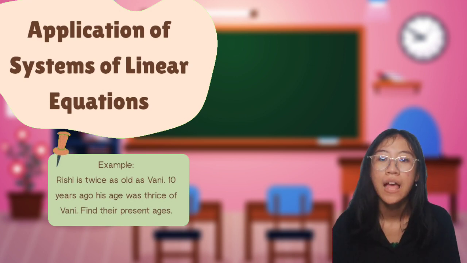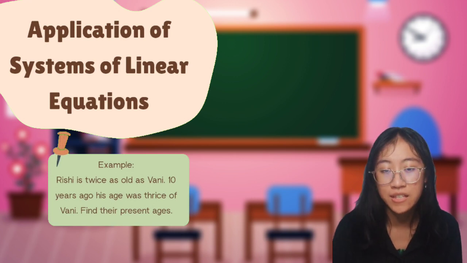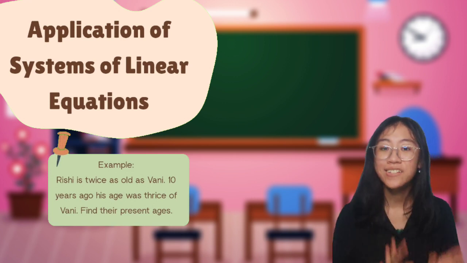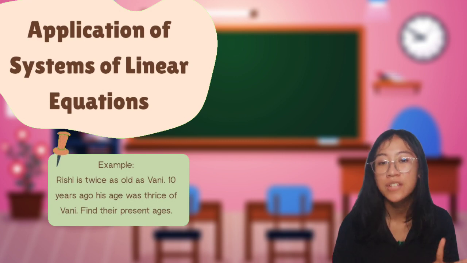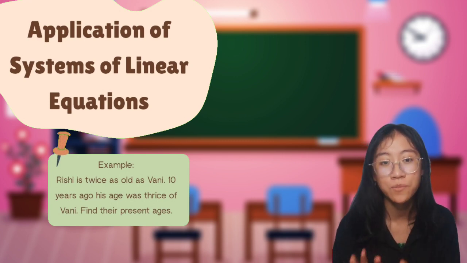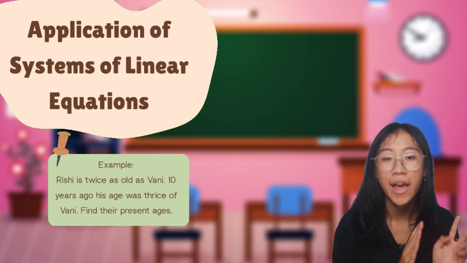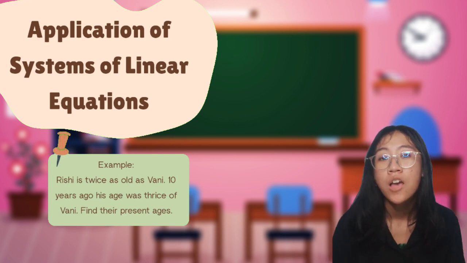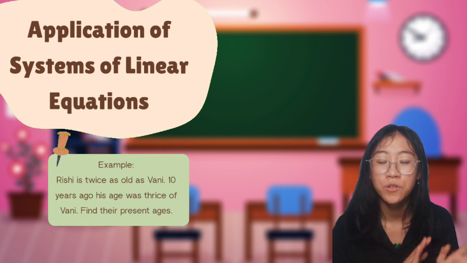Let us assume that Fanny's present age is x years. Since Rishi's present age is 2 times that of Fanny, therefore, his present age can be assumed to be 2x, 2 times x. 10 years ago, Fanny's age was